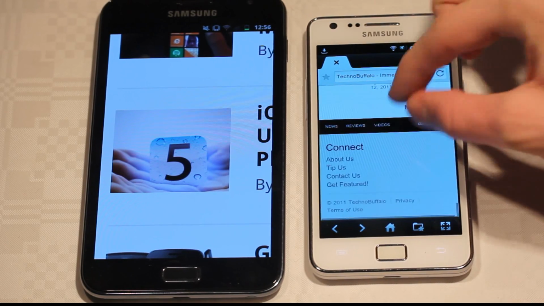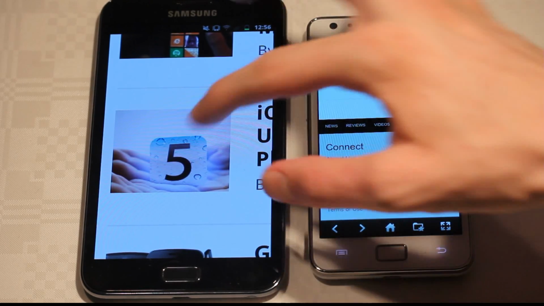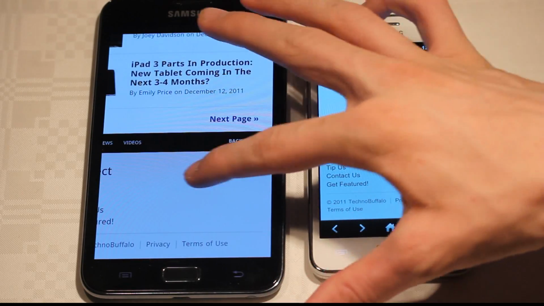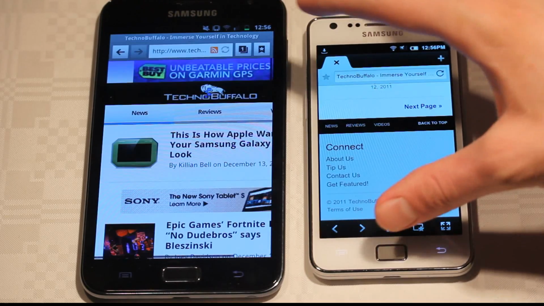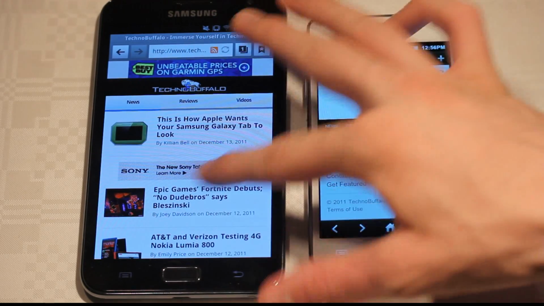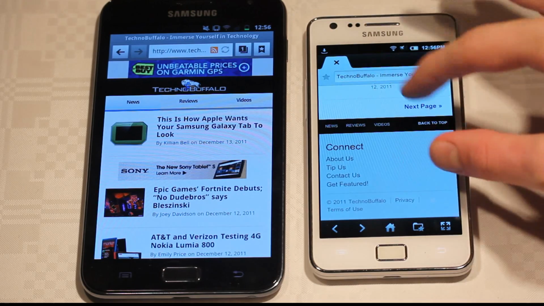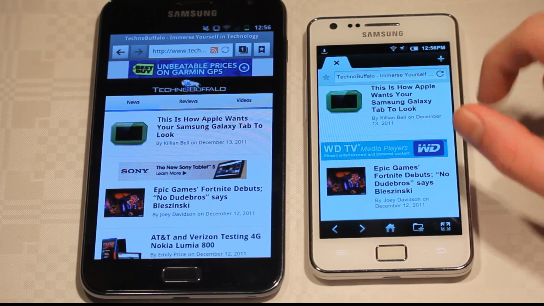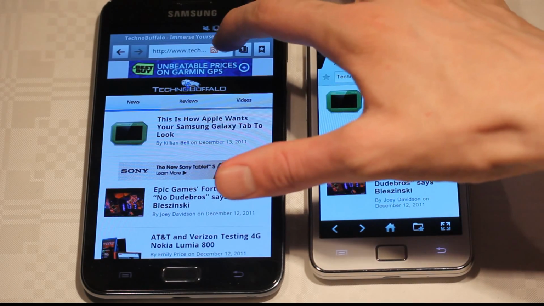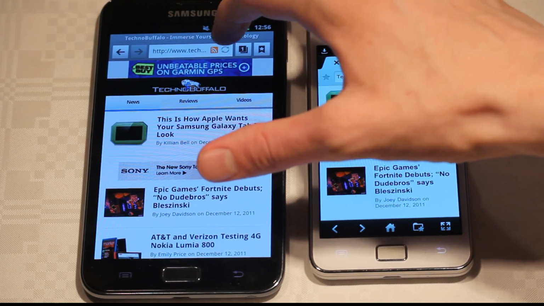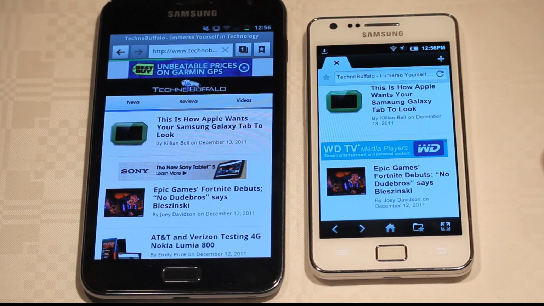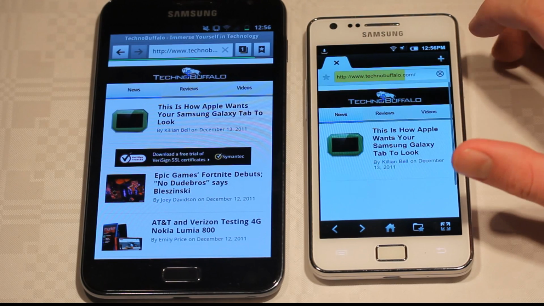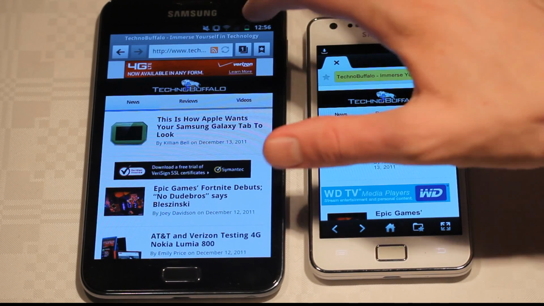Now, let's go ahead and try something else. Let's see here. Do they have the full website? I hate websites that have a mobile version that they redirect you to, but then you can't go to the real website. Now let's go ahead and click on this ad maybe. Oh no, we have two different ads. What if we reload this thing? Can we get the same ad? Because I want to click on the ad, just to try out